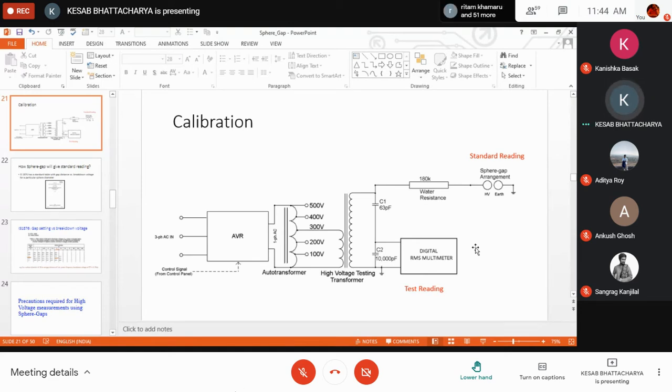And finally, we have to plot it on graph paper. On the y-axis you plot the percentage error, and on the x-axis you plot the gap distance. We obtain 6 points on the graph paper, and these 6 points are joined using straight lines. No smooth curve is drawn. In that way, a calibration curve is drawn. That is done in the experiment.